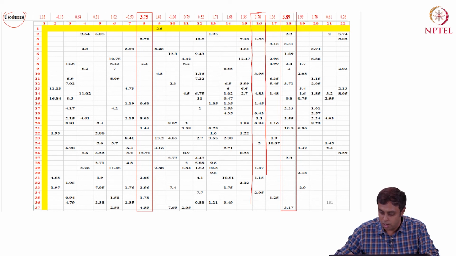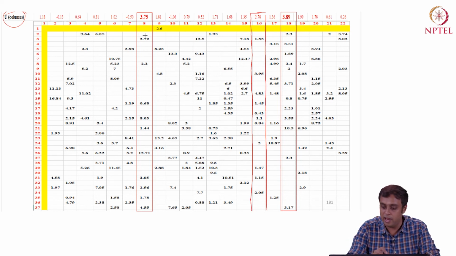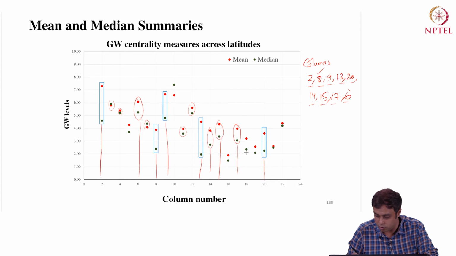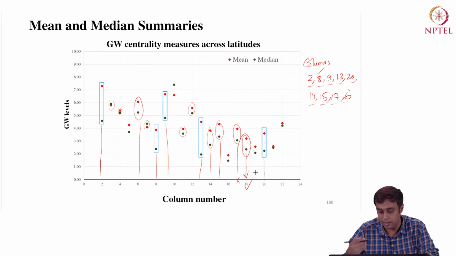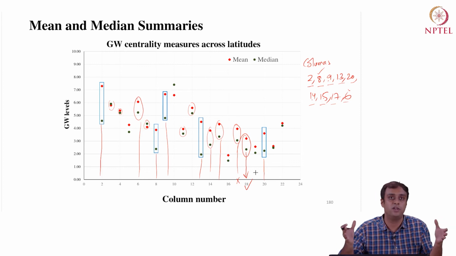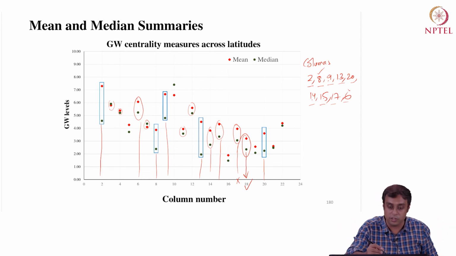Right? So among these nine, rows 8, 16 and 18 are problematic. In my visual analysis, I had 8, and I had 16, but I didn't even have 18. So this one was more problematic than the one that I picked. This is the reason why you should use a summary statistic, or use the U statistic, because the U statistic is not about just the difference, but also the variance of the difference. Especially in the case of row 16.